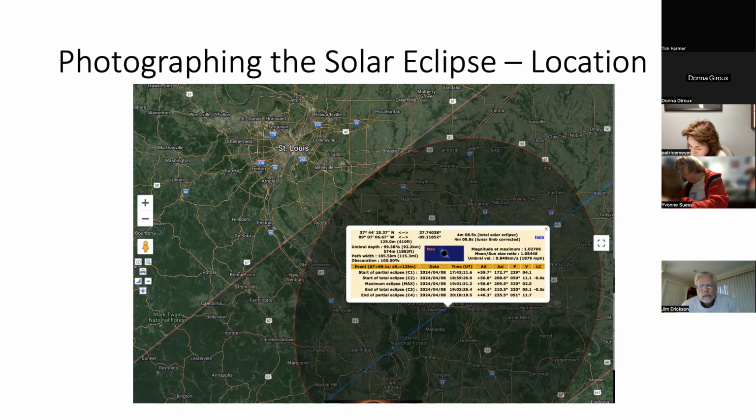Maximum will be the middle point, when the moon is in the middle of the sun. So that's the maximum amount of coverage you get. C3 is the end of totality. When you go back into partial eclipse, C4 is the end of the eclipse, when the moon is completely away